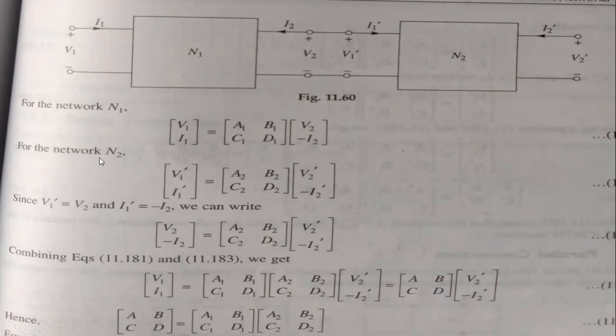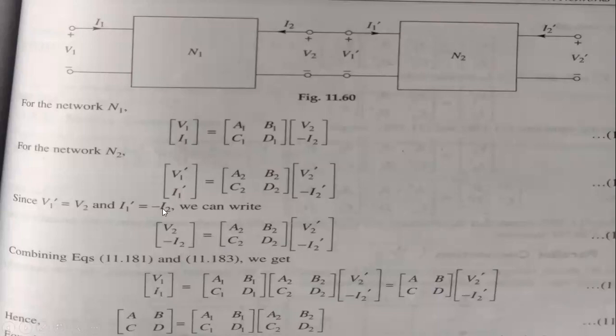For the second network, that is N2, there will be a change in the voltage as well as the current, and that's why V1 dash and I1 dash are here. The notation of the transmission ABCD will be A2, B2, C2, D2, likewise, and the voltage and current will again be in dash form. Similarly, we know very well the potential as well as the current are changed. So V1 dash for the other network will be V2, and I1 dash is nothing but minus I2.